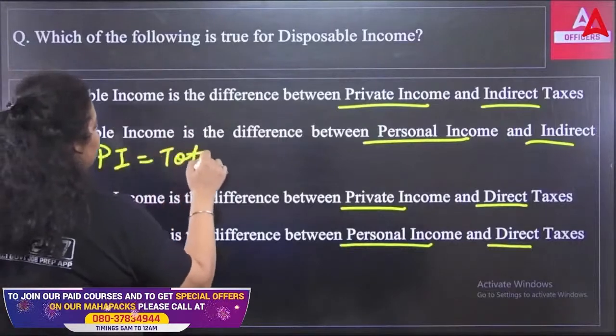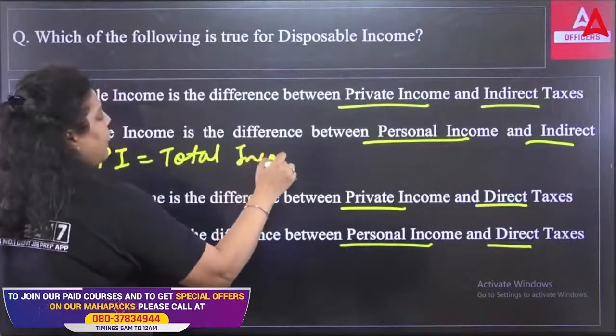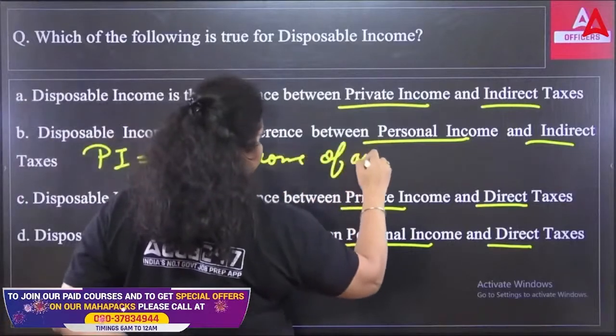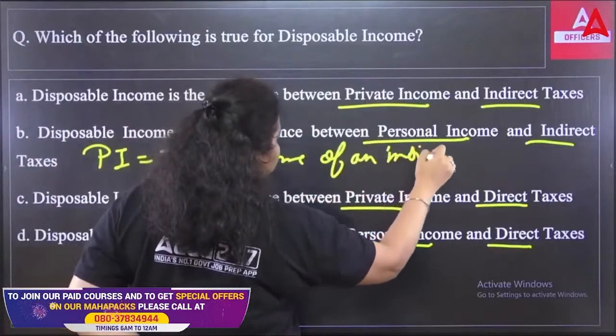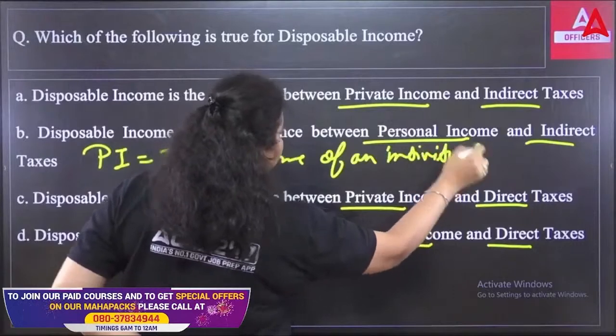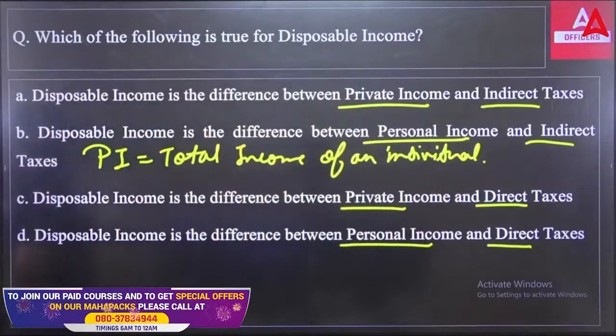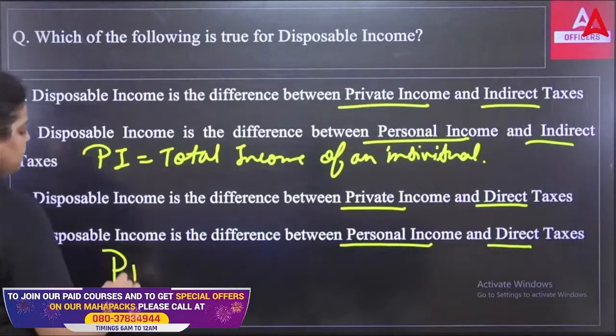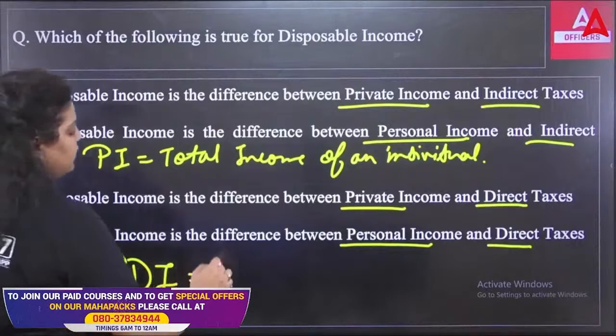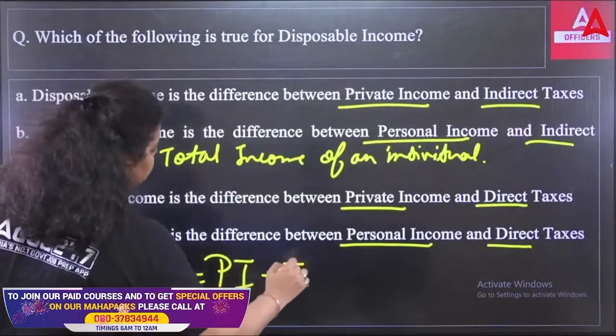Personal income means the total income of an individual. Whatever an individual person is earning in a year will be counted in the total income of an individual. That's the personal income. Now we have personal disposable income. That will be personal income minus